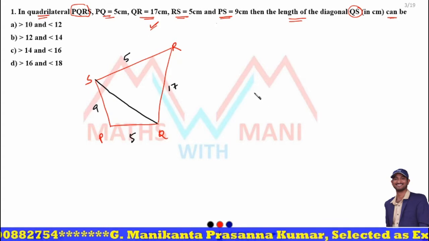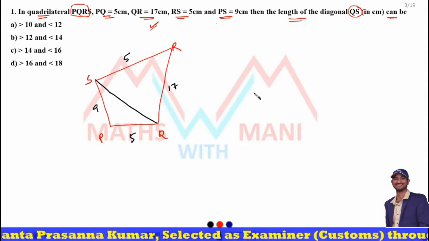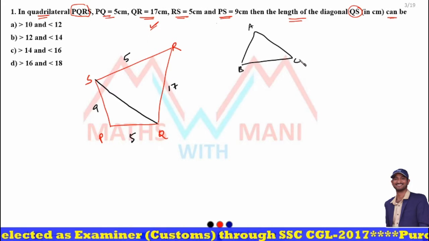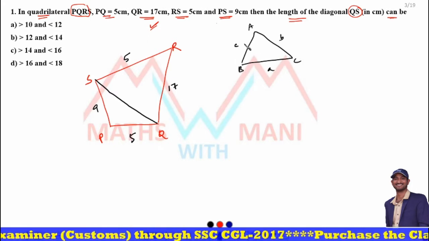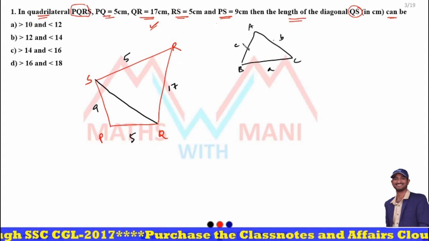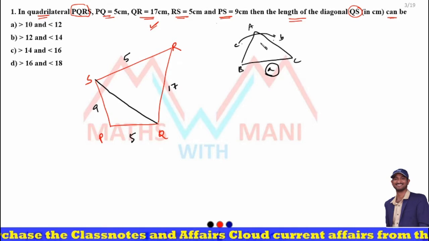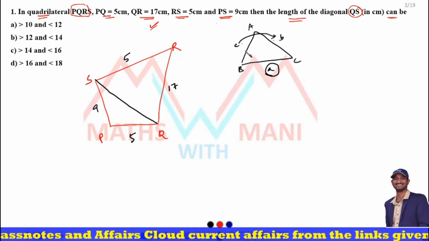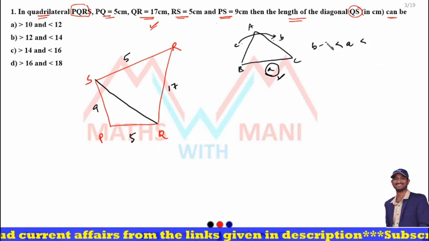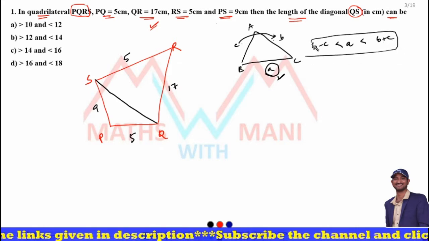It is very simple. In the first video of triangles itself, I told you: in any triangle ABC, to form a triangle, what is the necessary condition? The sum of any two sides is always greater than the third side, and the difference of the two sides is always less than the third side. We already did this. That means the length of A lies between B minus C and B plus C, that is, between the difference and the sum of the other two sides. Yes, we already discussed this condition.